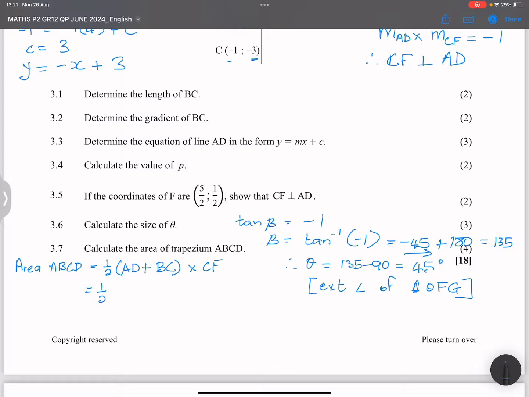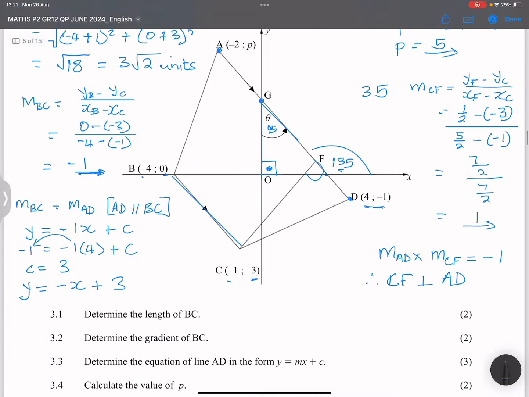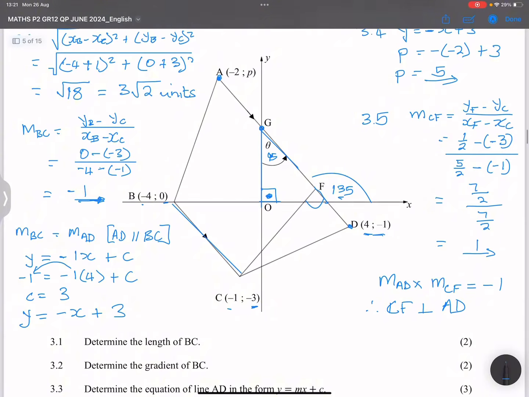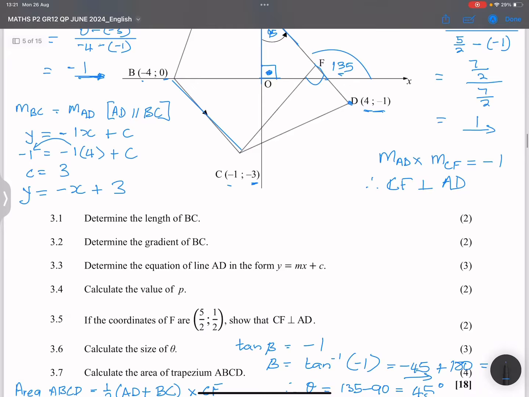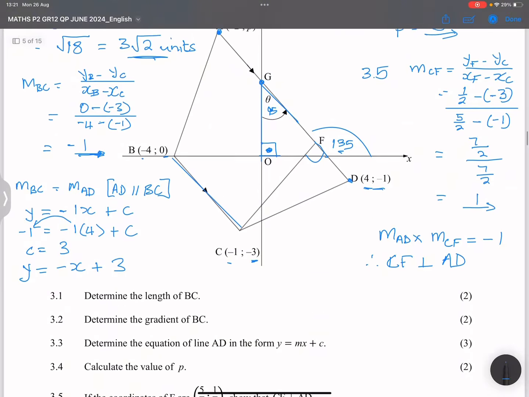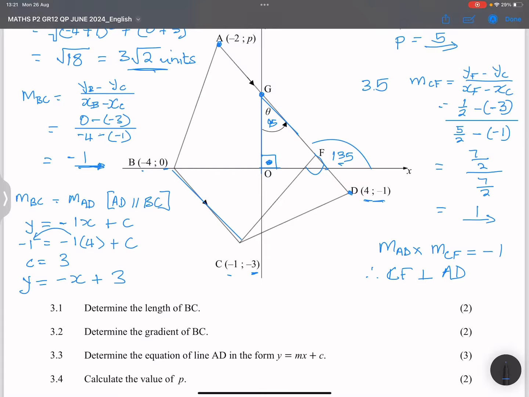Now, do we have the length of AD? Did we find that? No, we found the length of BC. So we don't have the length of AD. Okay, so we're going to find that. So AD would be equal to x2, that's xD minus xA. So that's going to be 4 minus -2. That gives us +2, squared, plus, in this case, you've got